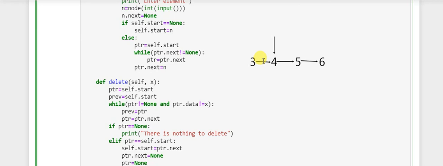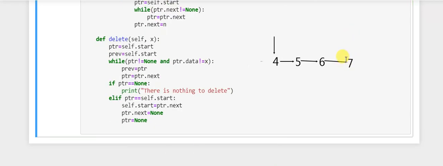So we have taken another node 7 to define our other cases. The third case is when we want to delete the last node. So the last node here is 7. In that case, our while loop is going to run again, and the pointers previous and ptr are going to point here at this node. So the previous pointer is going to point at 6th node, and the ptr pointer is going to point at 7th node.